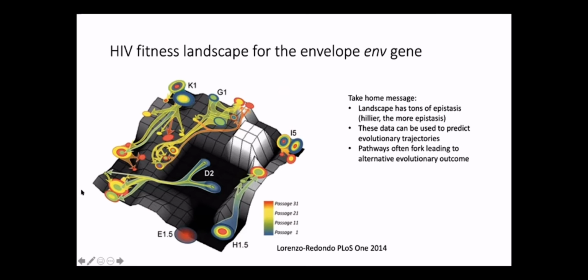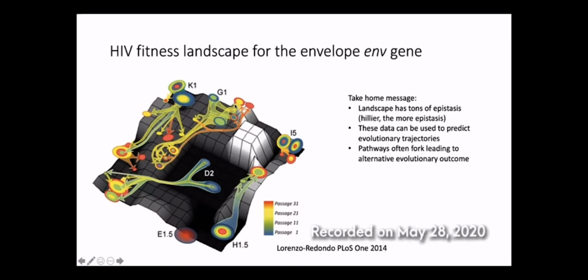And so that might paint a very simple picture of how evolution works, that you get to the optimality and it's very easy to get to the optimality. And then you experience stabilizing selection once you're on that fitness peak. However, actually, a lot of fitness landscapes are not that simple. They have all of these different topographical features where you have hills and valleys, and you have different local peaks. So this is a local peak, that's a local peak, this is a local peak, these are local peaks over here. So you can see there's these evolutionary trajectories that take the population to a peak and then it gets